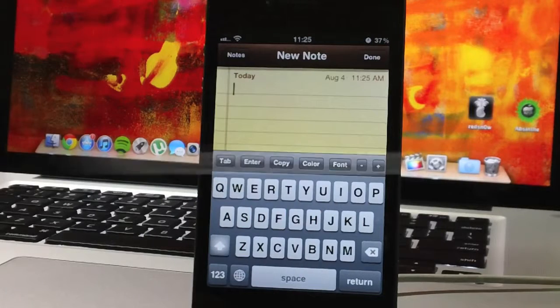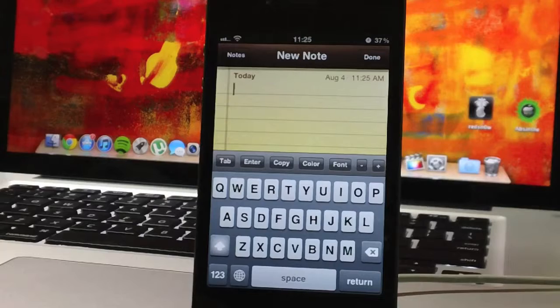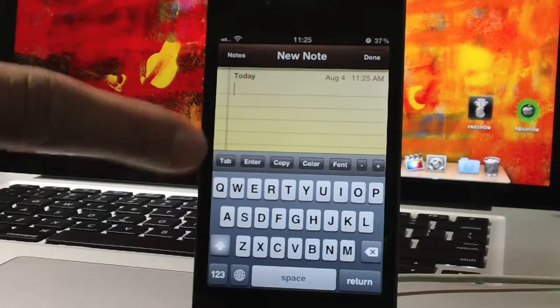Coming in at number 4 is called Notes Enhancer. This tweak is 99 cents. It gives you a bunch of new options. As you can see, here's kind of like a